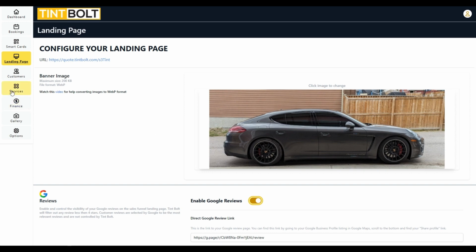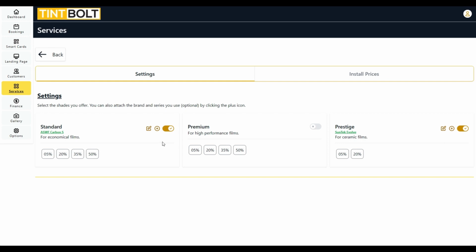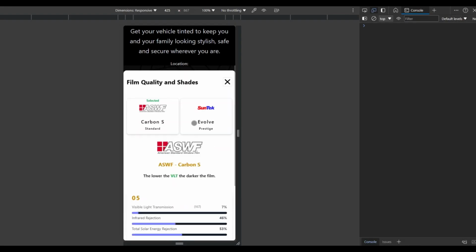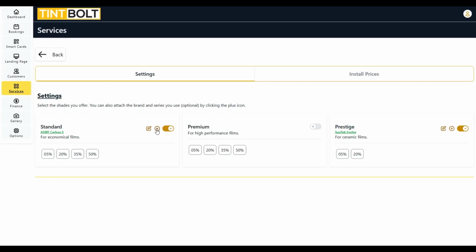Let's go into services here, automotive tinting. Right here, as you can see, we've got the standard, premium, prestige, the value ladder that is built into Tint Bolt. As you can see here, we have ASWF Carbon S and Suntech Evolve, which is similar to what we have here. Right? Now, all you gotta do is click the plus button,